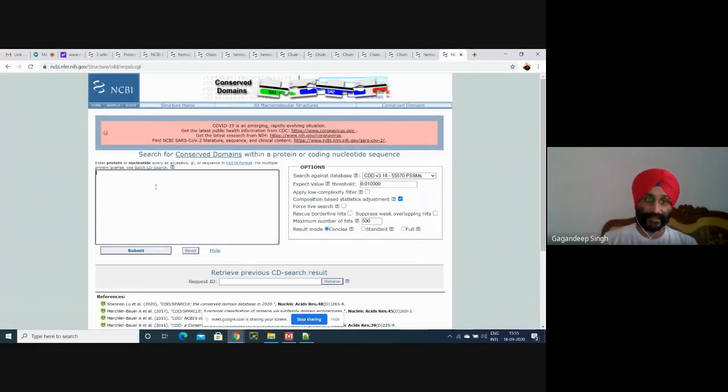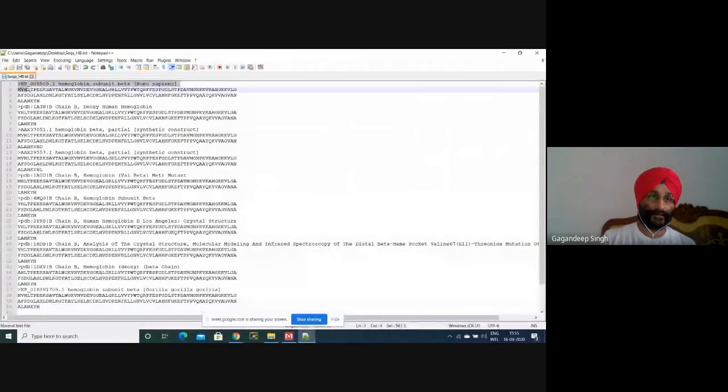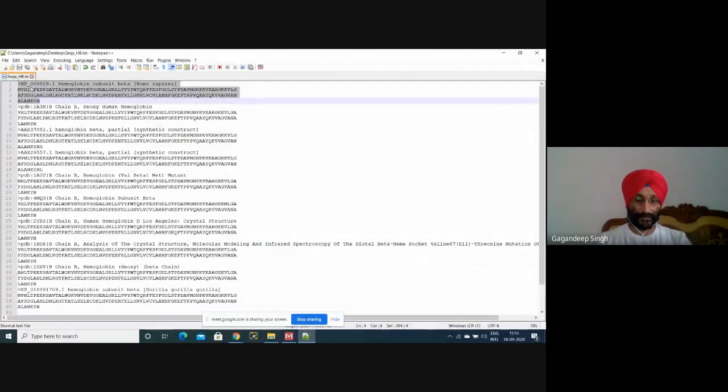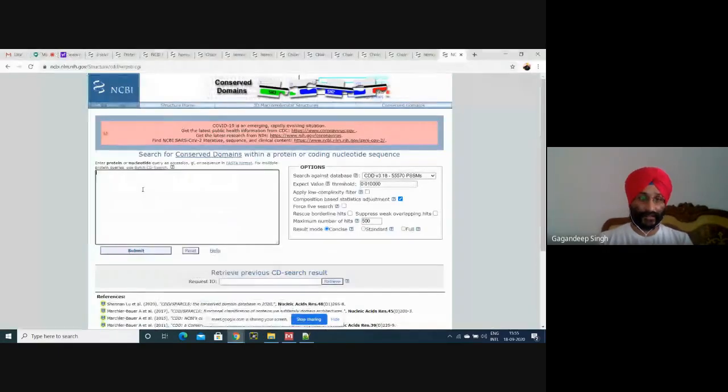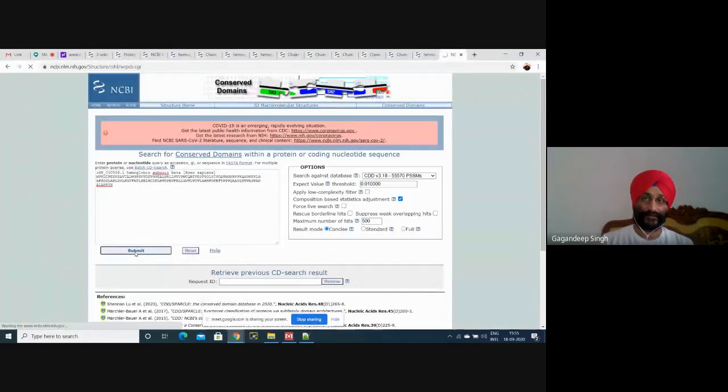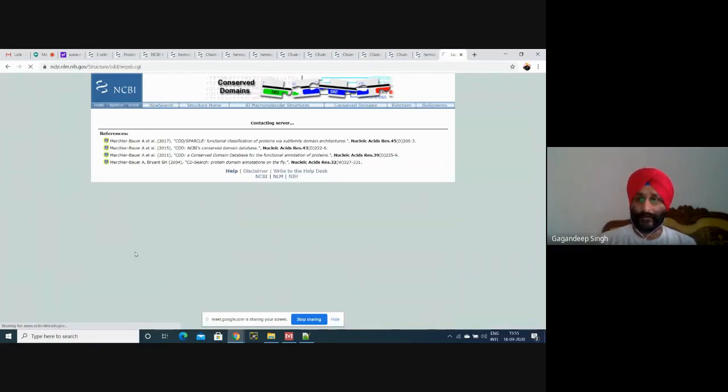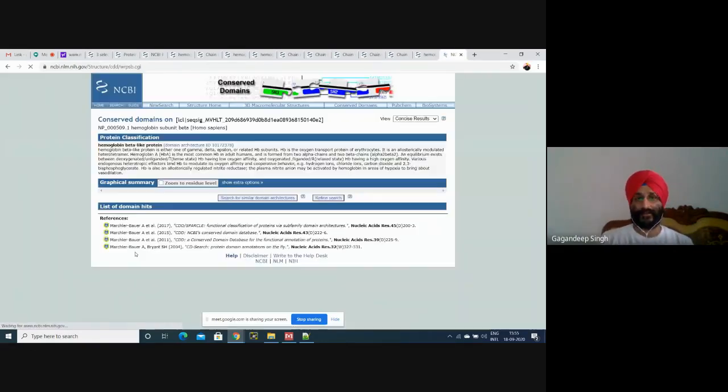We'll just paste a single sequence from our file, and I'll submit the sequence. This is the sequence of basically hemoglobin. But what is the main functional part in this sequence?